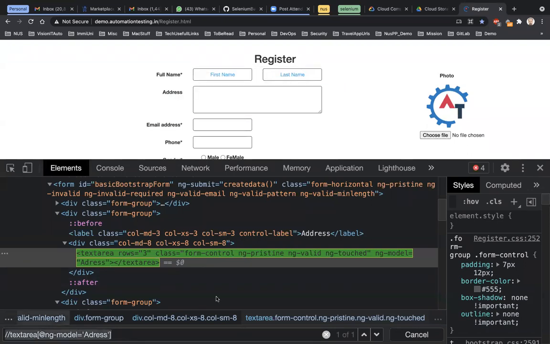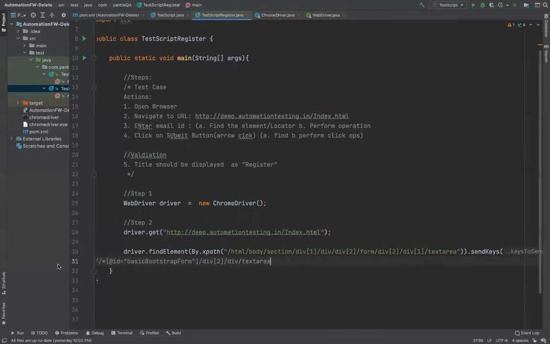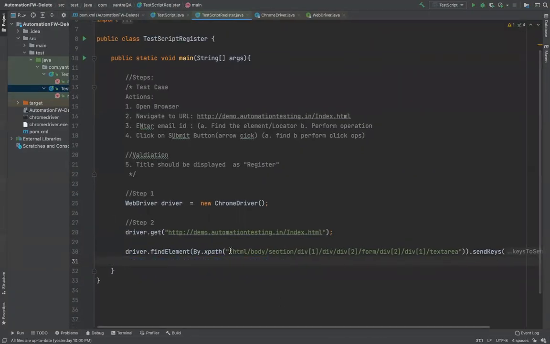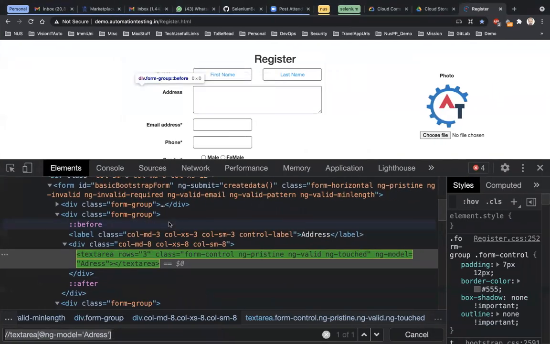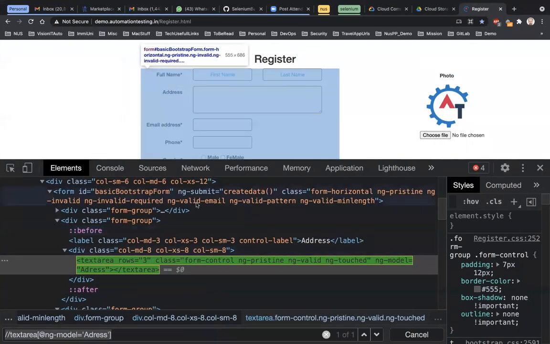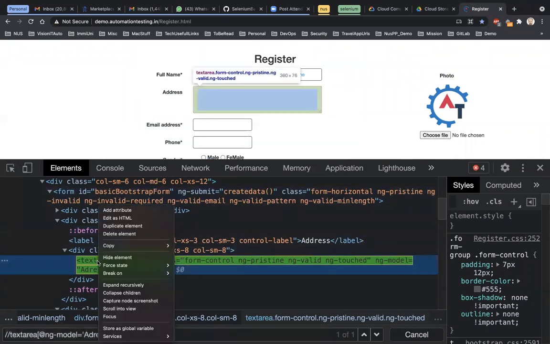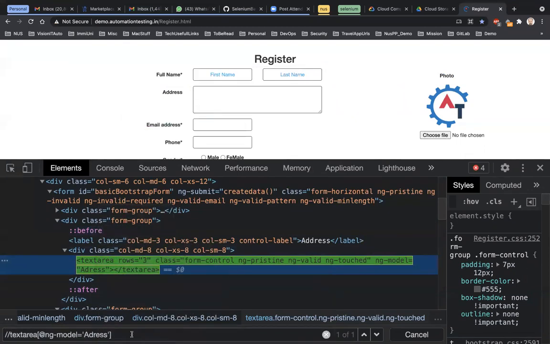So now I can write this here. Instead of using this, I can write this short version of the XPath, which is more robust. If something changes at the top, this will not change. And this is the right way to find the XPath. So we should not be copying this kind of thing. It might work, but it's not always good to do. Okay, so always try to write your own XPath, which is a very simple way to do it.